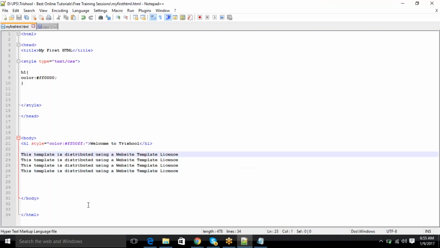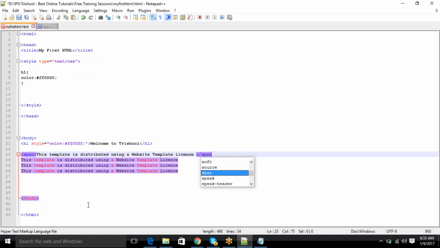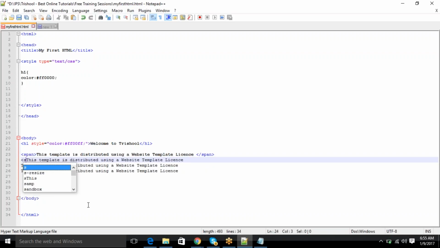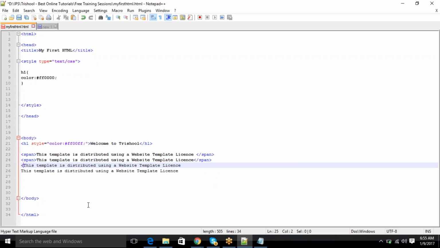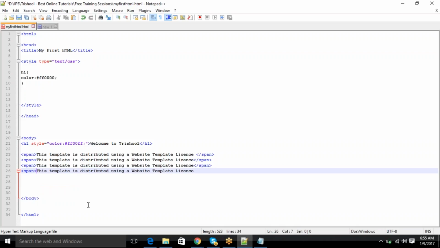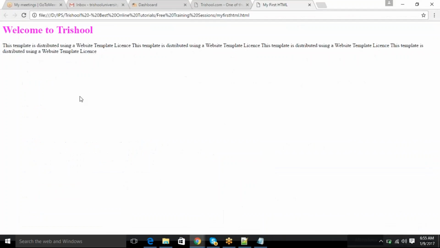Let's try with an element. So span. What do you expect to do? Span. You have to be very patient. You have to type everything manually. That's a good practice. Right. What do you expect? Basically, you expect that they come next to each other. They don't occupy the line. They'll come next to next to next to next. So that is called